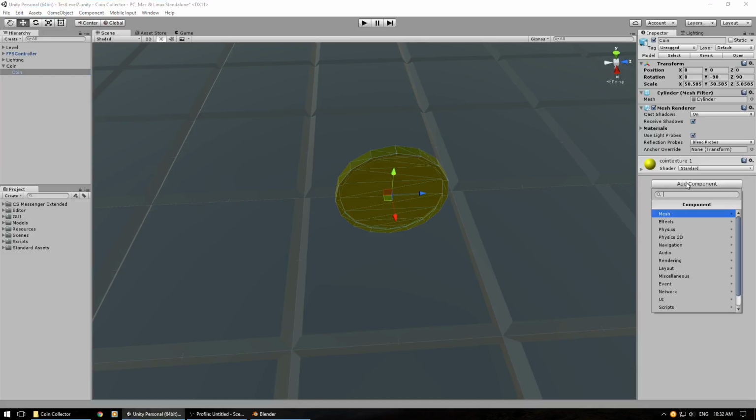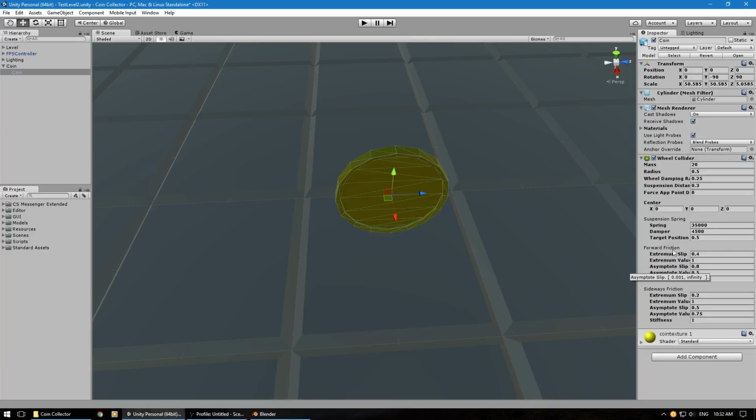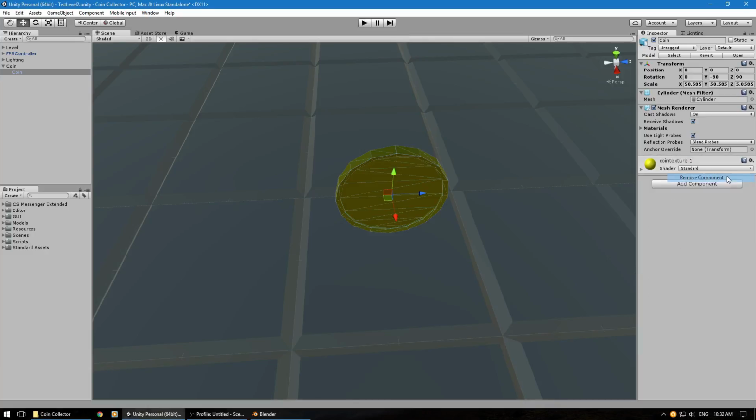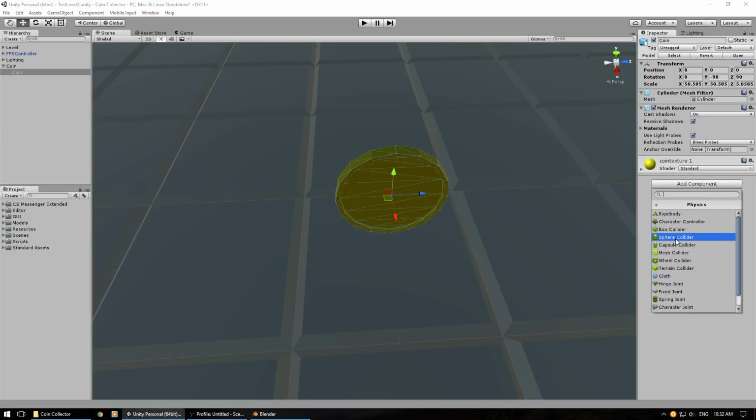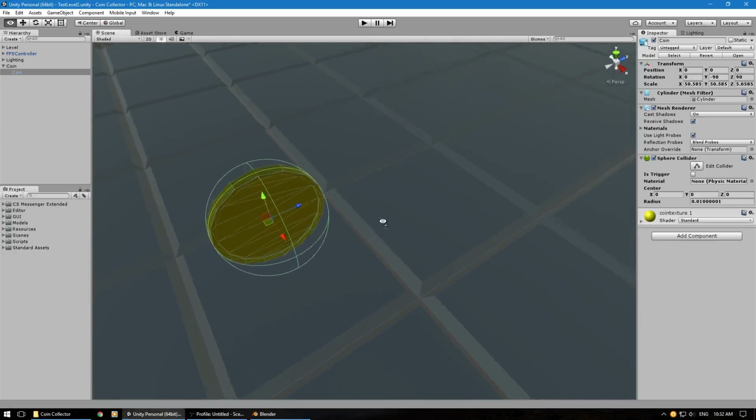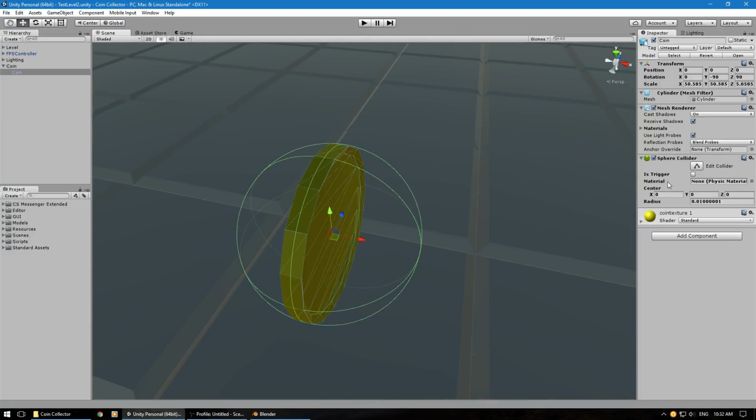Click Add Component, Physics, and you can have a couple of colliders. Mesh collider you tend not to want to use, for the simple fact that it creates a collider around the whole mesh, and it can be quite heavy on the rendering on your CPU. So if you click Wheel Collider, you get this, but I'm just going to click Sphere. There you go. And if you click Edit Collider, you can,